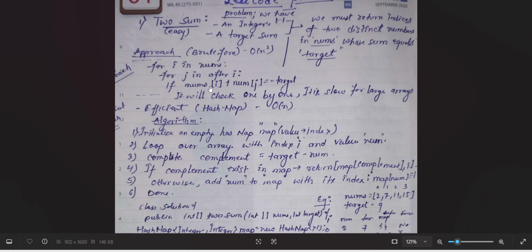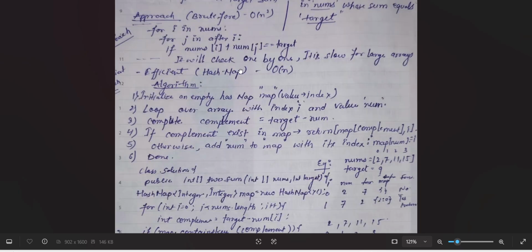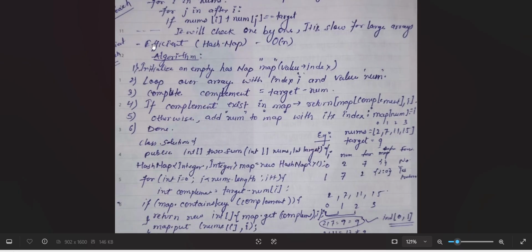So if adding the index of i and the index of j gives the target, then it's fine. Otherwise we can move i++ or j++ and check further one by one. That will take more time when we have a large number of elements in the array. So for that we are using the efficient way, the HashMap algorithm, that will give big O of n